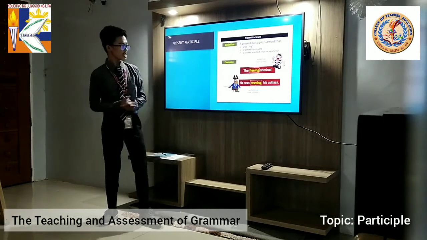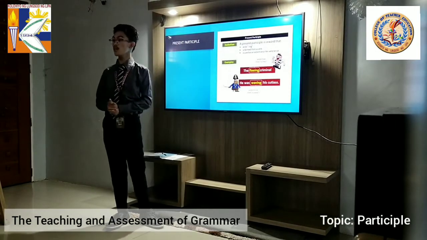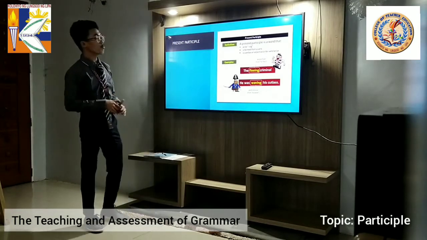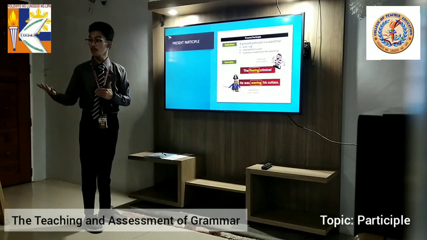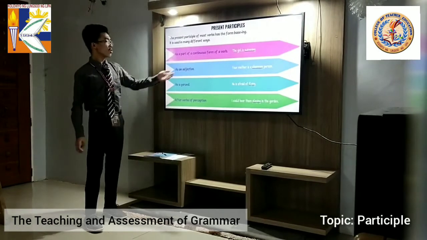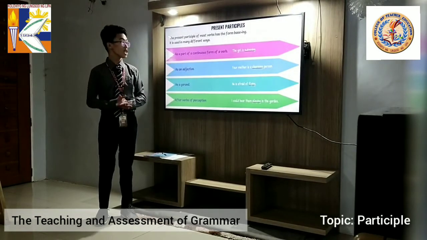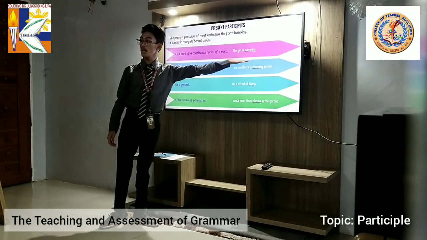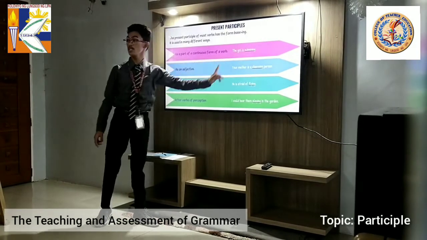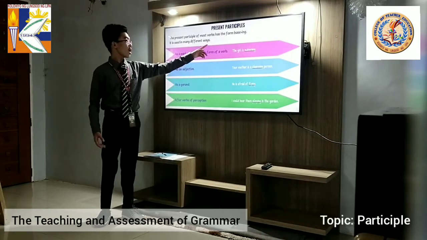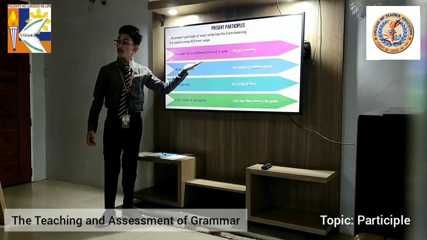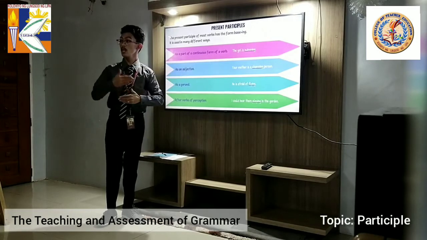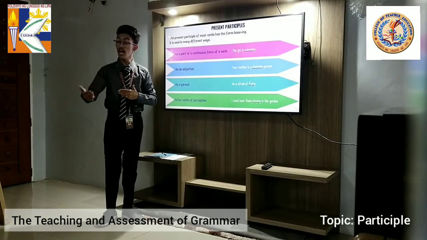How about the second example? He was waving his cutlass. It is used as a verb tense, okay? And then let's now proceed to another definition of present participles. It is also used as part of a continuous form of the verb. We have here the girl is swimming. Swimming is in present participle, and it also takes the continuous form of the verb. When we say continuous, the action swimming is still taking place or still in action.